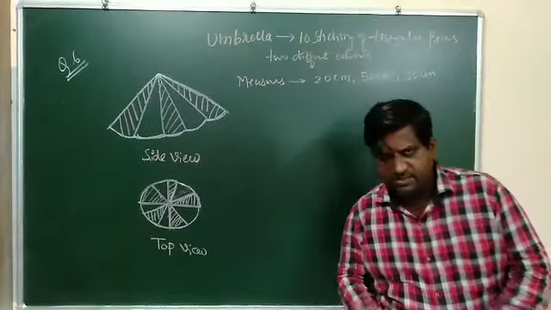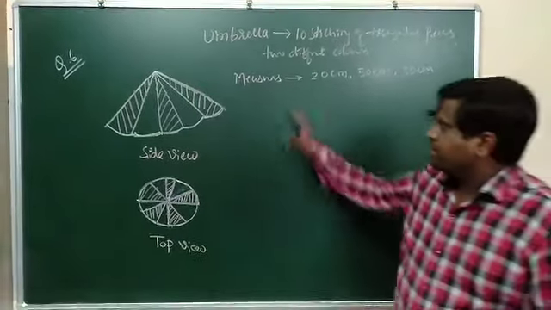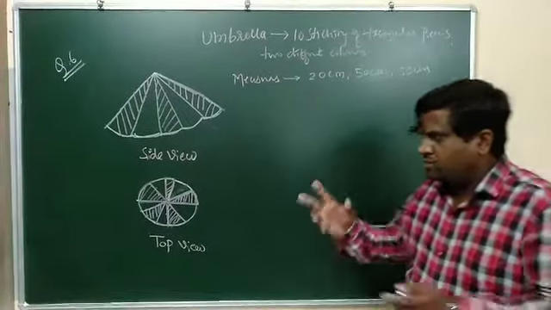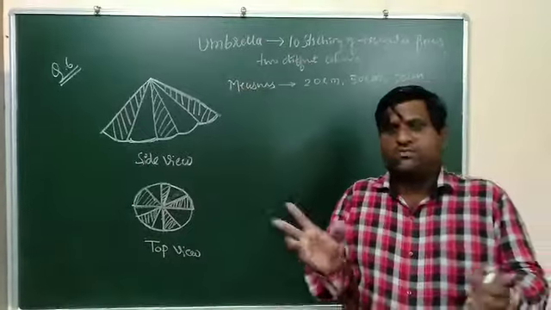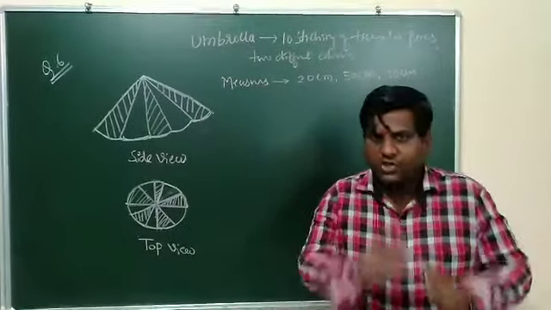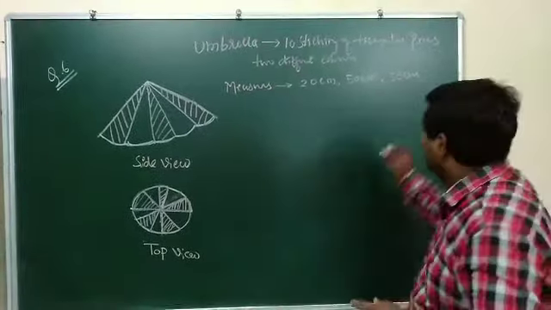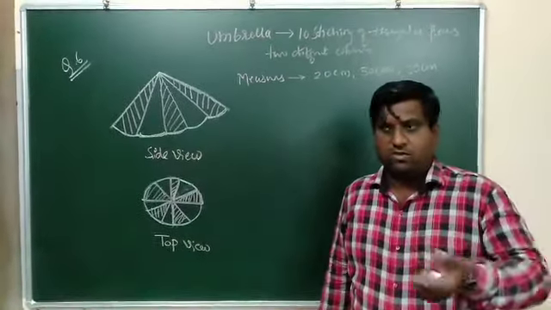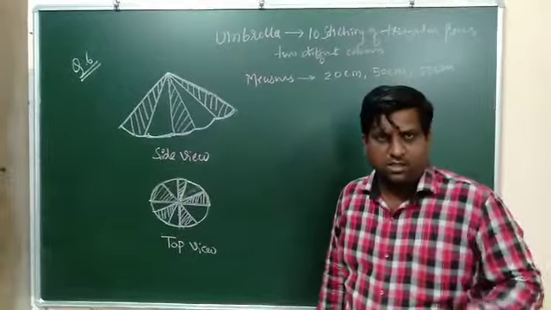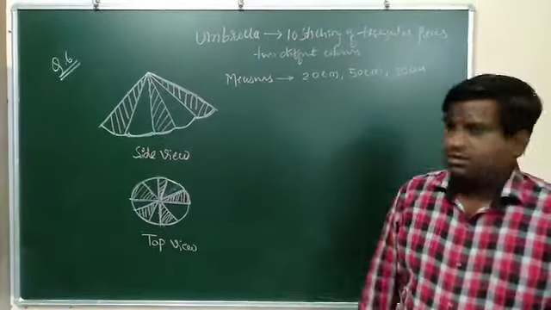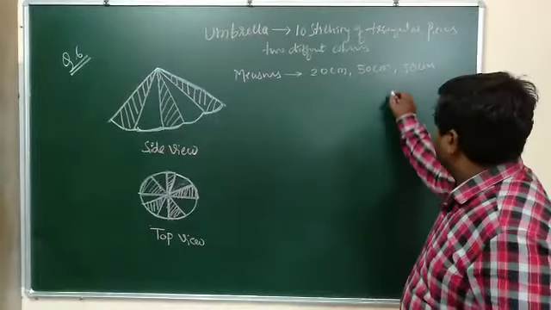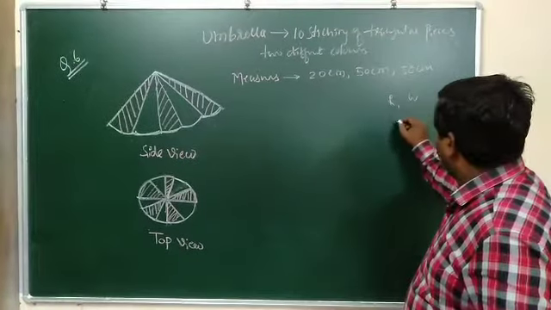So let us do question number 6. This is the umbrella related example. That means you will be given two different colors of triangular shaped cloths. In this example, he has not mentioned which colors he has used to prepare this umbrella. But for our convenience, let us consider red and white.